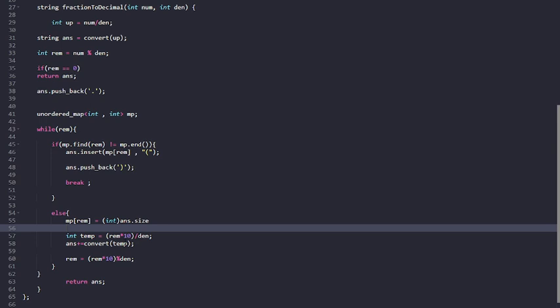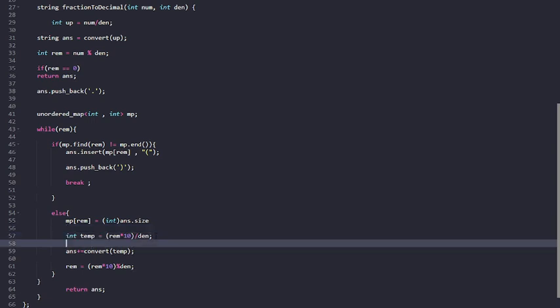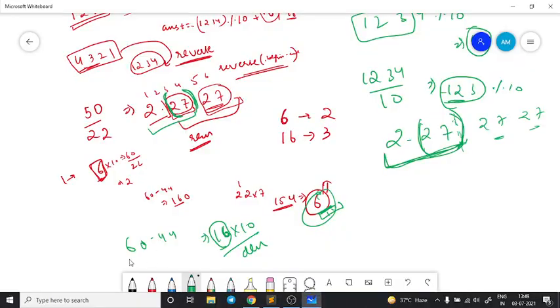And then I have to convert this value I'm getting so that I can add it into my current answer string. Perfect. So it will look something like this. Suppose I'm at 2.2, my next remainder is coming out to be 16. So I multiply it with 10 and divide it by 22, and I will fetch a 7.